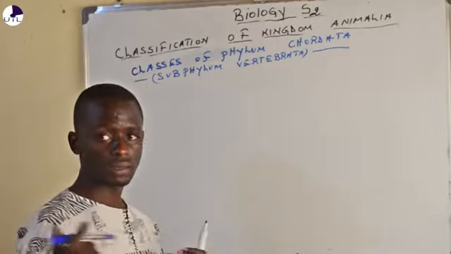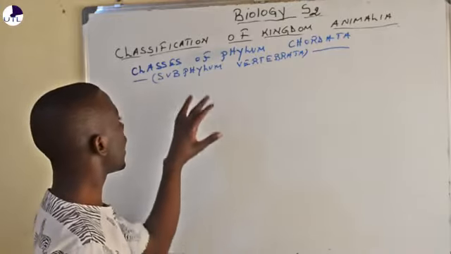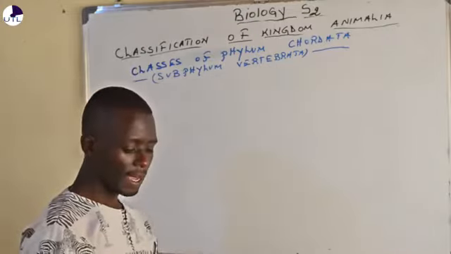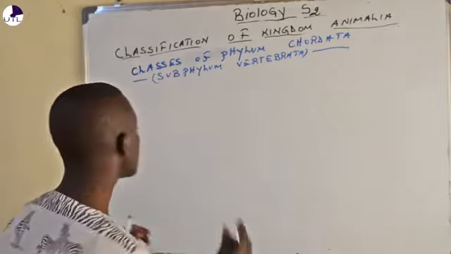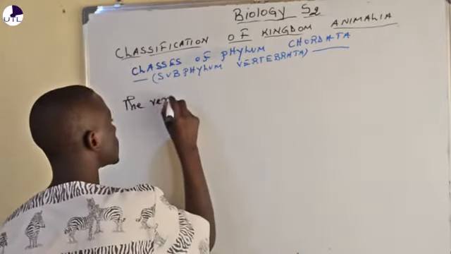All these we deal with in the later chapters, but we are now going to deal with the subphylum Vertebrata. This subphylum contains organisms that we call vertebrates, and these vertebrates are divided into